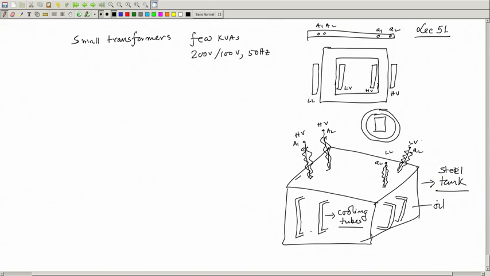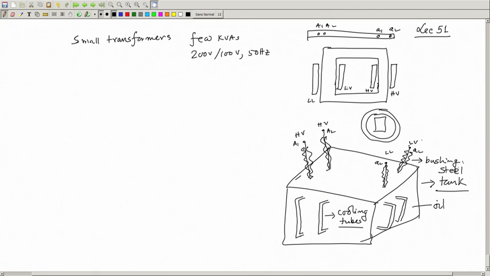and so on. For example, for this voltage, ceramic insulators will be there, these are called bushings, things like that. Okay, to understand that cooling is a must in big transformers